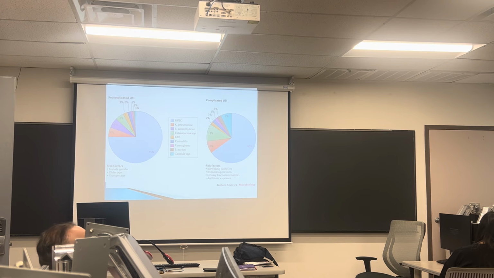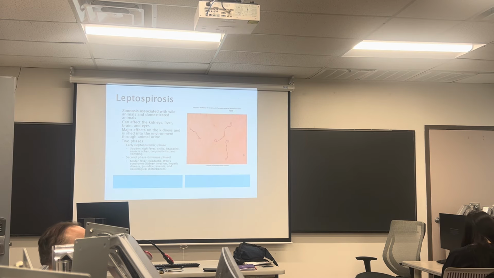For complicated, these are individuals who have problems, right? So that can be indwelling catheters, those are Foleys, you're immunosuppressed. You have urinary tract abnormalities, or you've had a lot of exposure to antibiotics. E. coli still is a major player, but now Klebsiella pneumoniae and Enterococcus play a larger role. And also, Candida plays a larger role. Right? So, Candida because of the immunosuppression. Okay? Any questions? Okay. I'd like to talk about Leptospira, not because you're going to get a urinary tract infection,